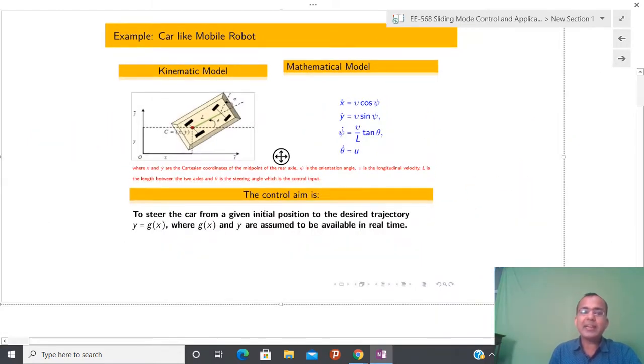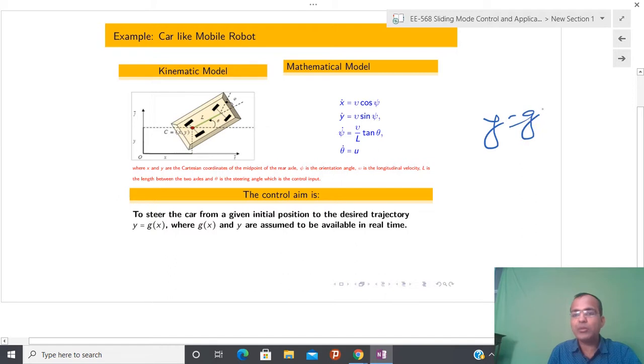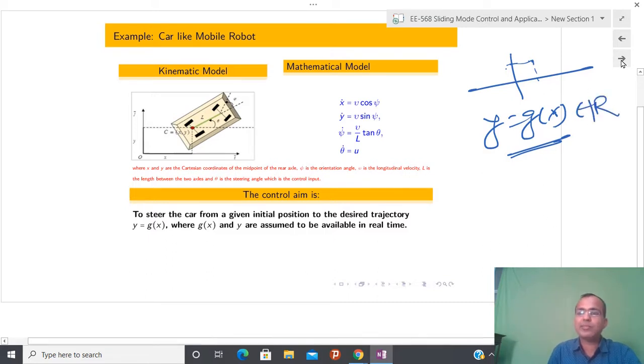Now let us see that I want to drive this car on some specific path, and I have defined that path y equal to gx, because I am driving in a two-dimensional plane. So basically x has some component here and some component here, and I am assuming that there exists some kind of implicit relationship between y and gx, like y equal to gx. Basically I am assuming this is some kind of line only, due to that reason this belongs to R. So this kind of assumption I have.